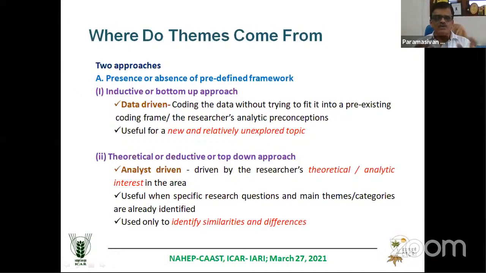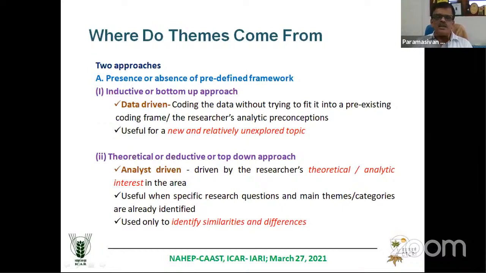In that case, we have done thematic analysis. We did thematic analysis using published research papers. It is basically a systematic review kind of thing. We put the themes based on the structure which is already identified. So we put everything in the entrepreneurial ecosystem framework. We did not create any new framework. We simply tried to put everything in the framework. That means I have done the theoretical, deductive, or top-down approach there. So we can go for two kinds of approach: bottom-up or top-down, inductive or deductive.